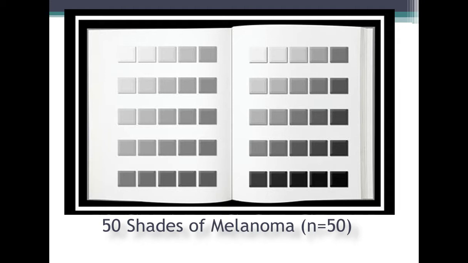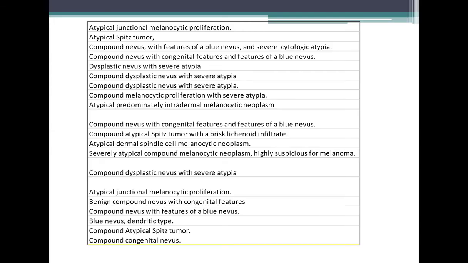So in reality, we were looking at these 50 shades of melanoma, because I'm going to show you another slide which tells you about all these different examples of melanocytic lesions and their range of complexity associated with melanoma, and how challenging they are in preventing us from making a consensus diagnosis of melanoma. So these are some examples of the cases in our study, and each and every one poses a challenge in making a diagnosis of melanoma.